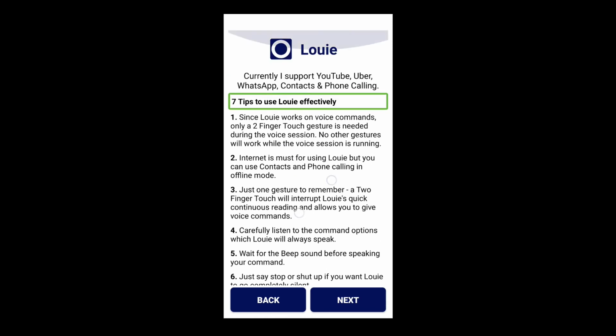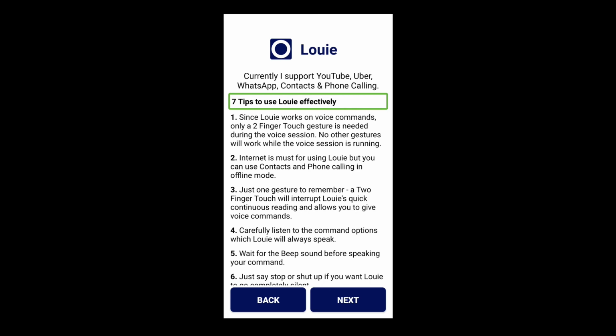To change the TTS engine and TTS speaking rate, we can simply give the command talk fast or talk slow. And we can also switch to low verbosity mode by simply saying talk less. That is, if we think Louis is speaking too much, we can just give the command talk less and Louis will only give necessary commands. This is appropriate once you get a hang of using Louis.